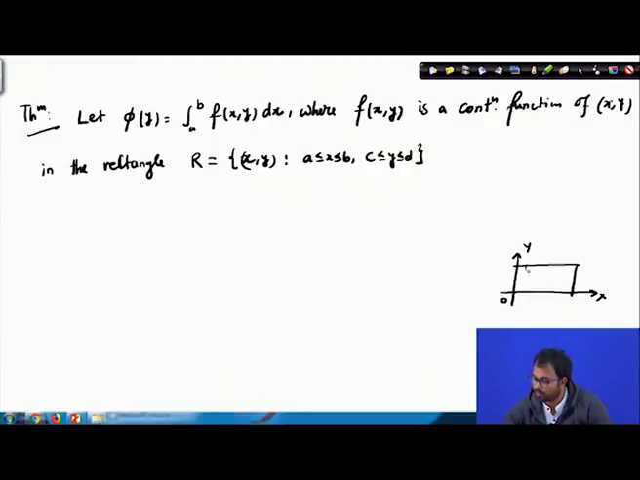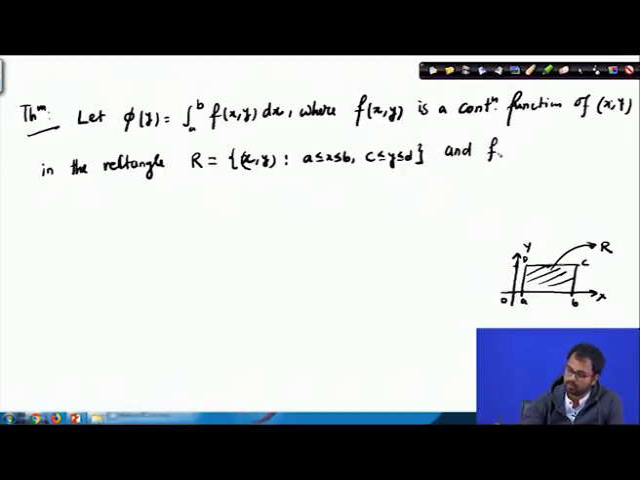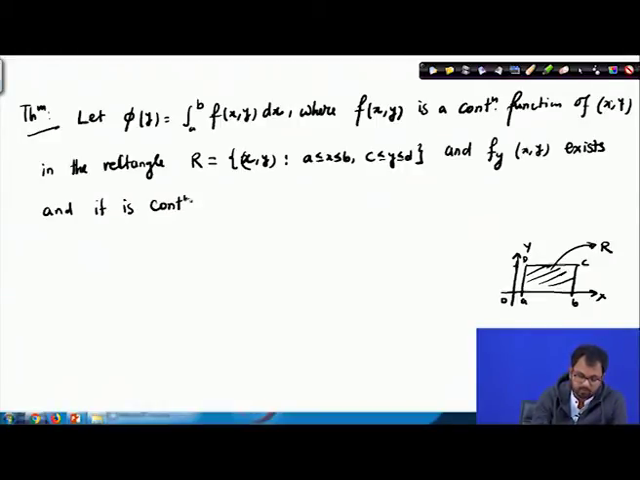So, this is our a, b, c and d, and this is our rectangle R, where the function is defined or where we are performing the differentiation or integration. Now, f y of x y. Like I was saying in the previous slide, the partial derivative must exist and it is continuous in R. It is continuous in R, then